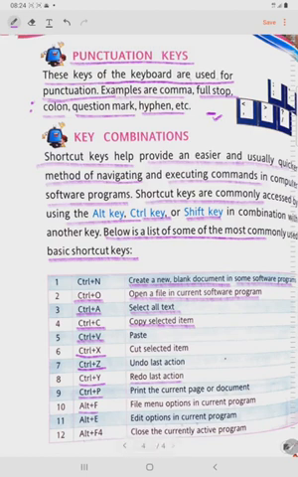Children, with this we have completed the explanation of the chapter, and in the next video we will do the exercise work. Children, this is your homework. You read this lesson once again yourself and find the problems. If you have any inquiry, you can ask me in the class.